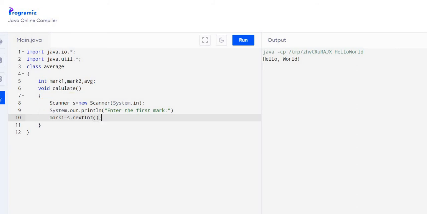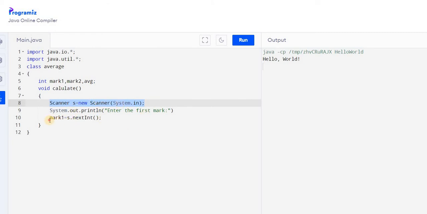These are the three things you have to do when you want to get an input from the user. The first one is to write the util package import, import java.util.*; The next step is to define a Scanner and give a name for the scanner. The syntax goes like this: Scanner name = new Scanner(System.in); and here the S in Scanner is capital. So Scanner s = new Scanner(System.in);